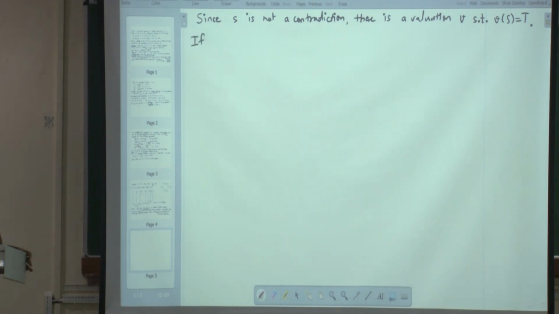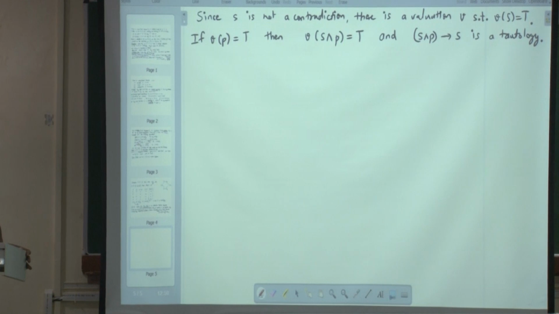If V of P is equal to true, then V of S conjunction P is also equal to true, and S conjunction P implies S is a tautology. Please verify that this is a tautology, and therefore